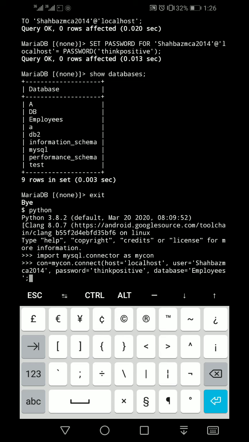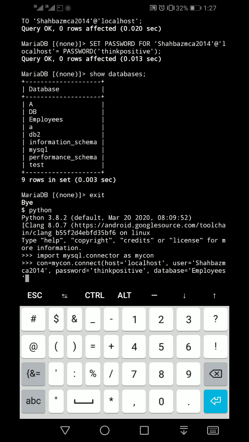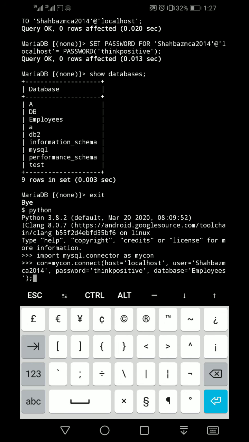Now you can check: con is equal to mycon.connect, bracket open, host is equal to localhost, comma, user is equal to ShahbazMCA2014, comma, password is equal to think positive, comma, database is equal to employees in single quotes, bracket closed, yes.